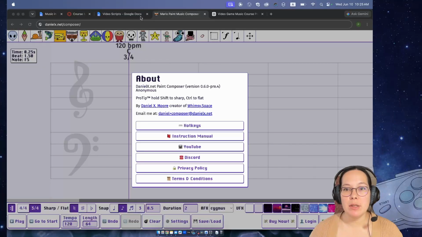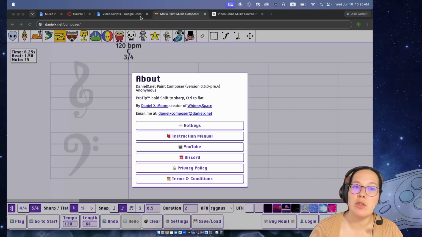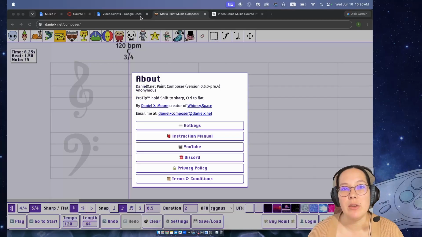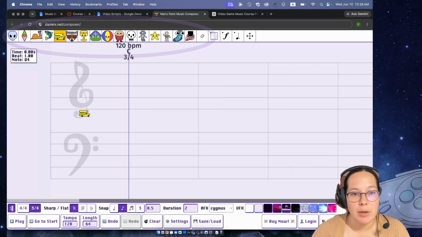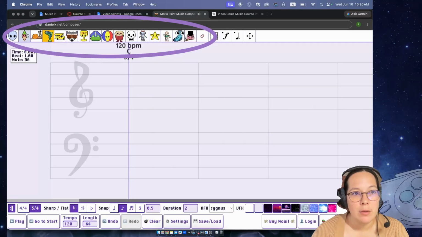Paint Composer is basically a freeware version of Mario Paint, as I said before, and I thought it would be fun to frame all of the concepts we'll talk about this week mostly through this game because it's a game, and a lot of things about it resemble traditional notation that you would encounter in the literature or just in any video that you might watch about video game music. And if we go in and click around with it, you have